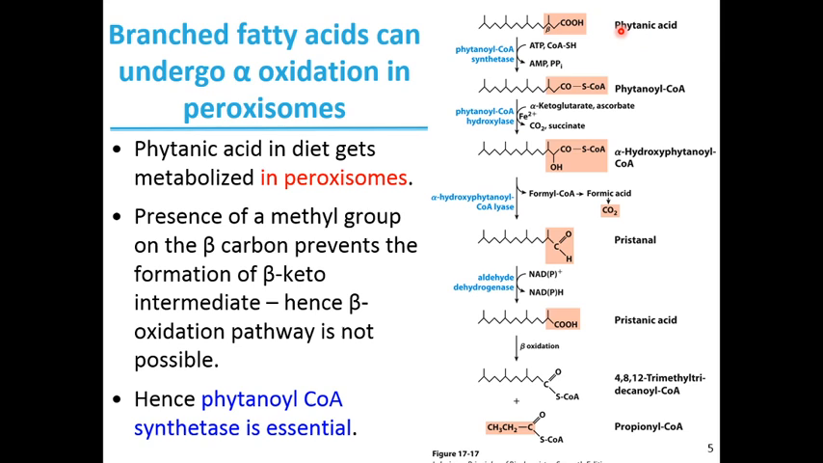So, phytanic acid can no longer enter the beta oxidation pathway because of this beta methyl group on the beta carbon, and hence it has to be oxidized. Now, why phytanic acid? Because humans can obtain this molecule in the diet primarily from dairy products and from other fats of ruminant animals. So phytanic acid needs to be metabolized, and it happens in peroxisomes, and alpha oxidation is